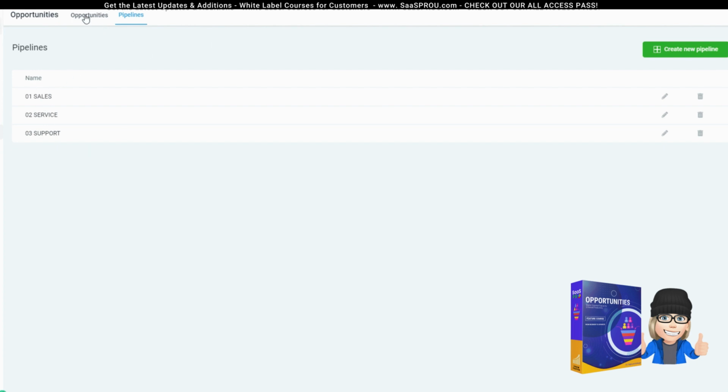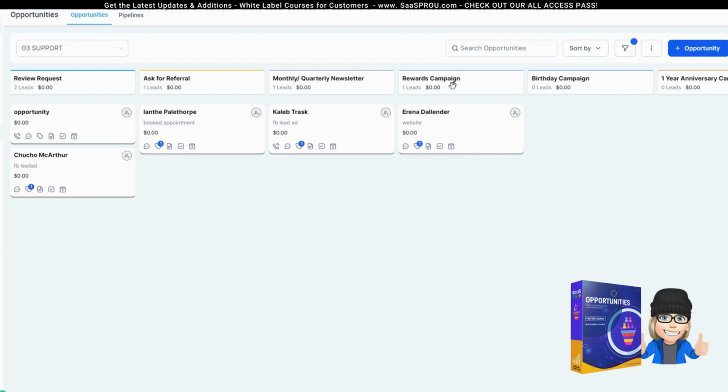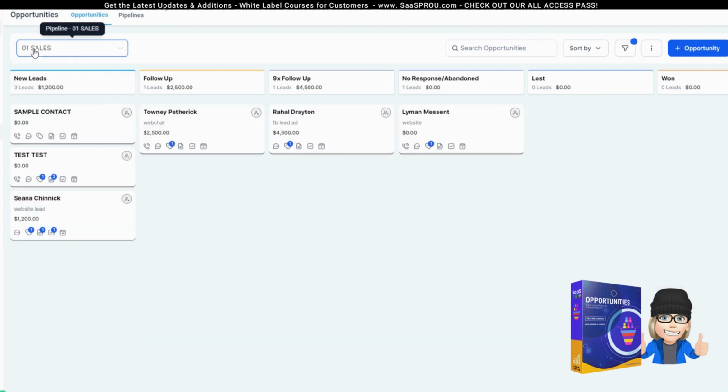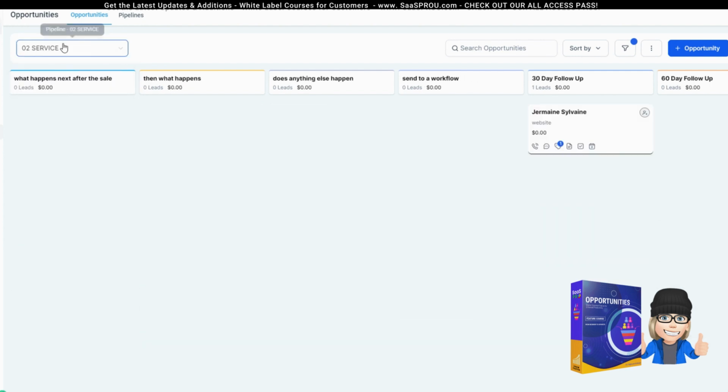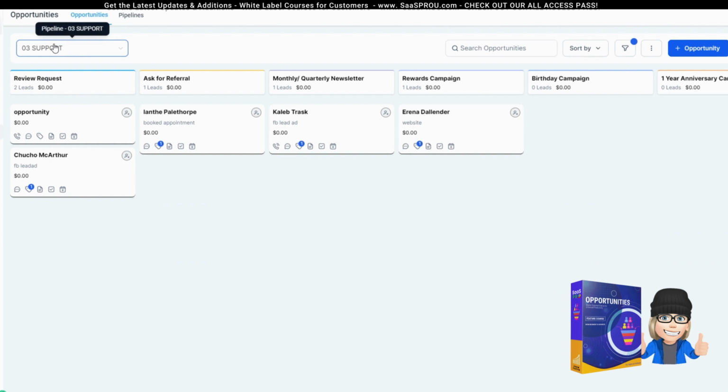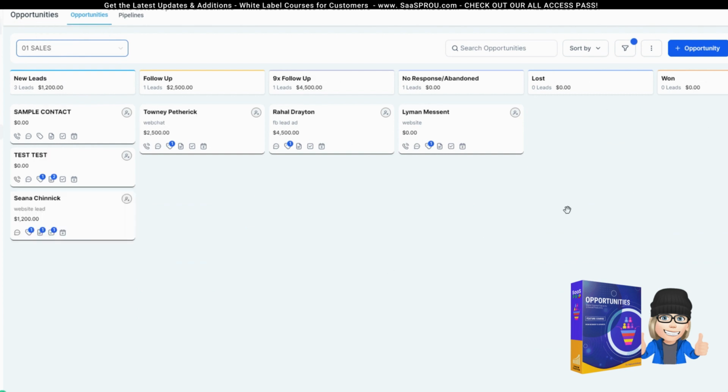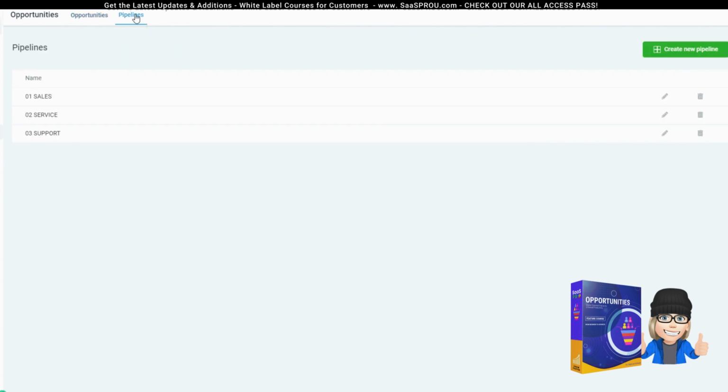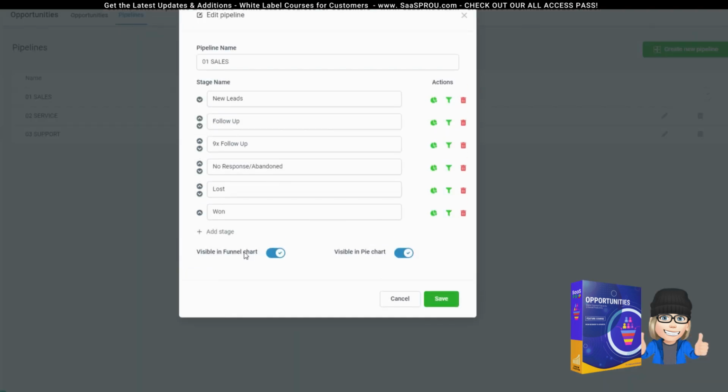Once you have these set up, then we're ready to start managing our opportunities based on the pipeline we set up. You'll see the pipeline here. So I can select pipeline 1, pipeline 2, pipeline 3, and we can begin to start managing our opportunities. We can always go back into our pipelines and edit it,